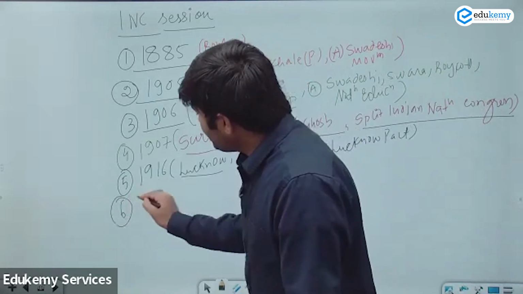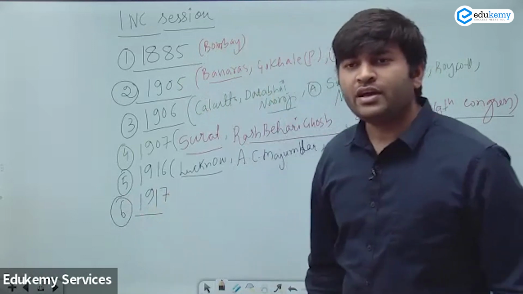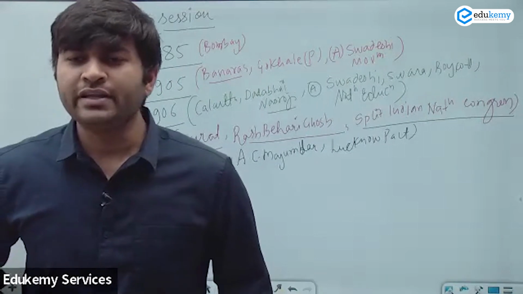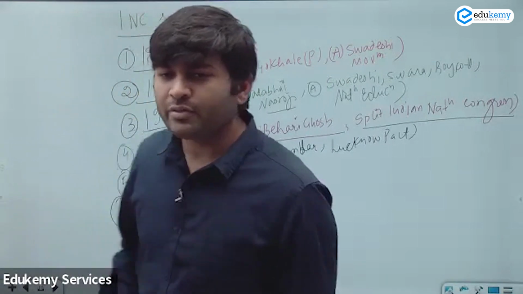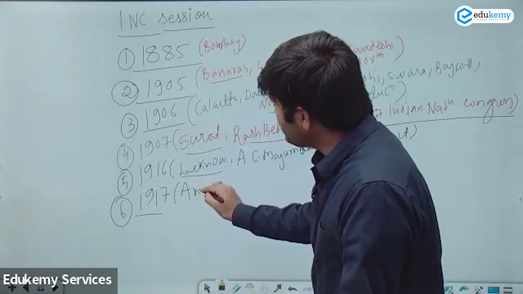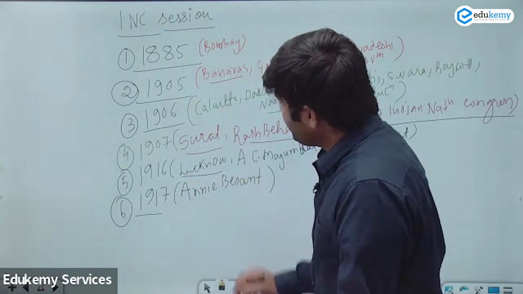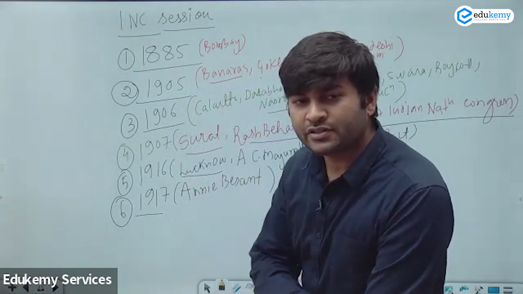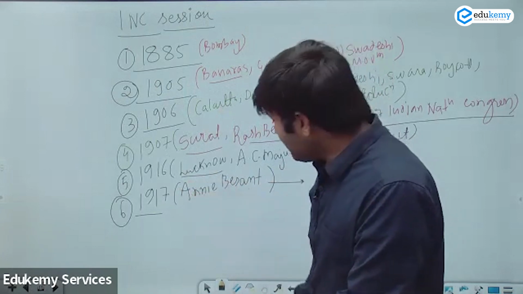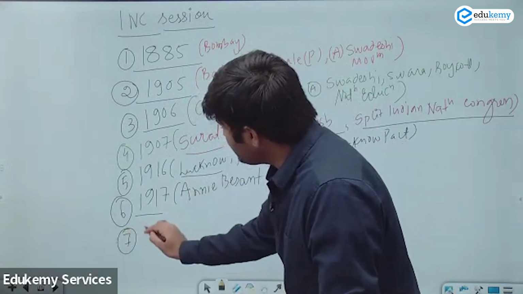6th one, 1917. Why 1917 is important? And where are others, why are you not involved in the interaction? I want everybody to interact over here. Annie Besant, the first woman president of the Indian National Congress, Annie Besant. She is the president of the Indian National Congress. Yes, इसके बारे में कहाँ होता है everything, this you will be telling me. ठीक है. Then you have the 7th important is